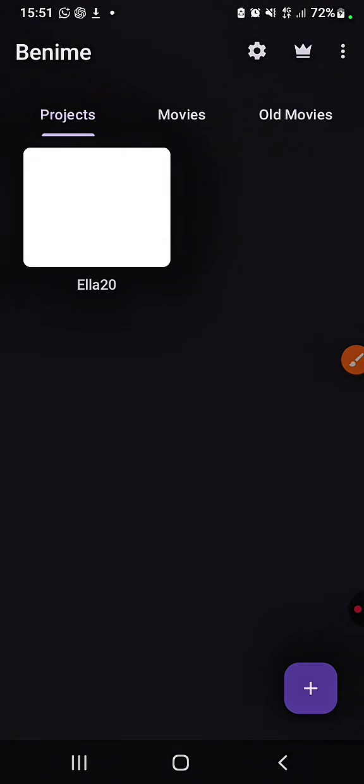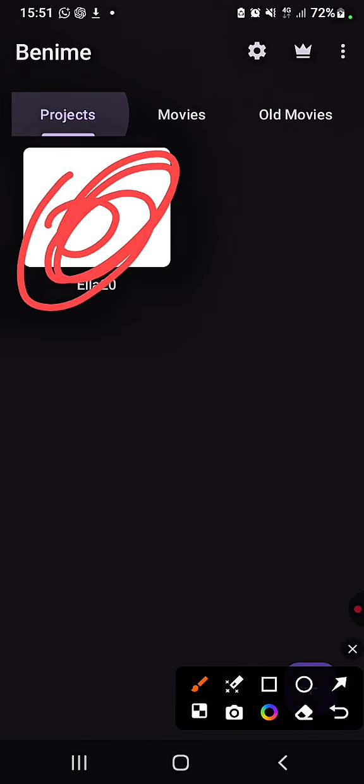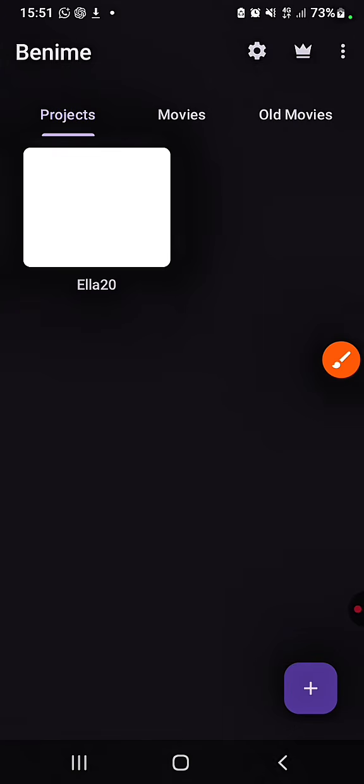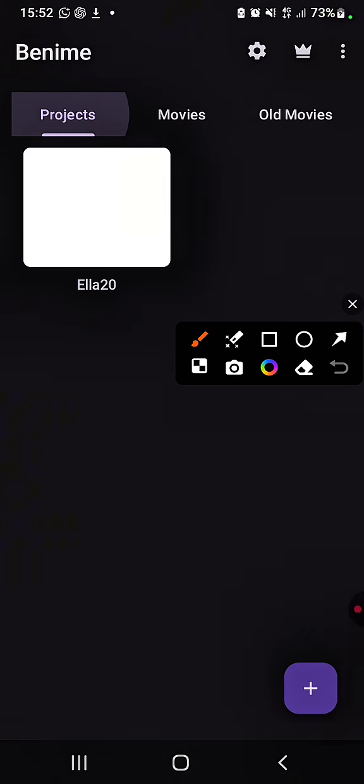Normally, if you download it from Play Store, you're not going to see this stuff here. This is because I've already used this Binime app and created a design before. So this is one of the creations I've done with it. If you just downloaded it recently, you just click on this purple icon,